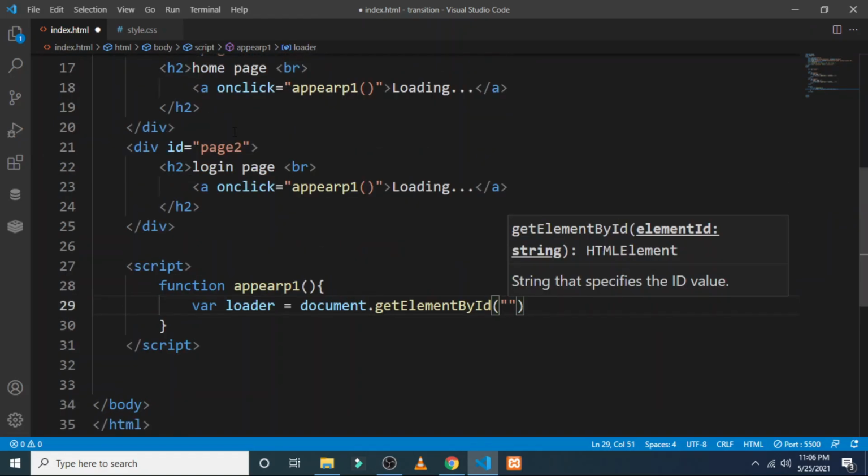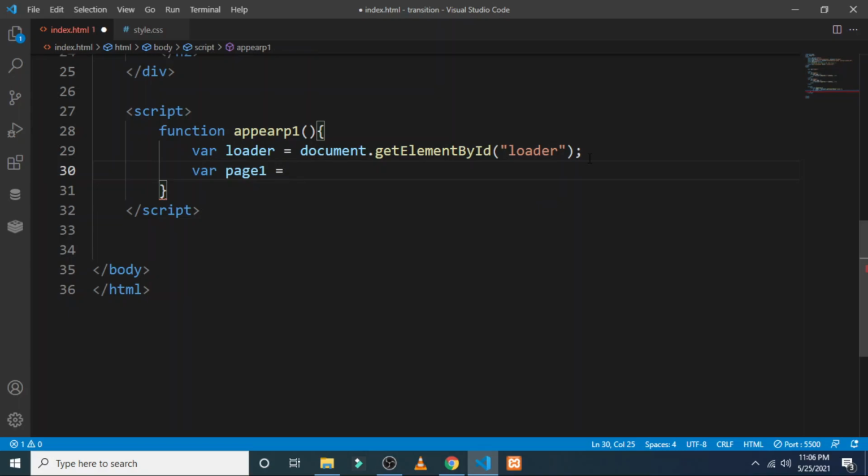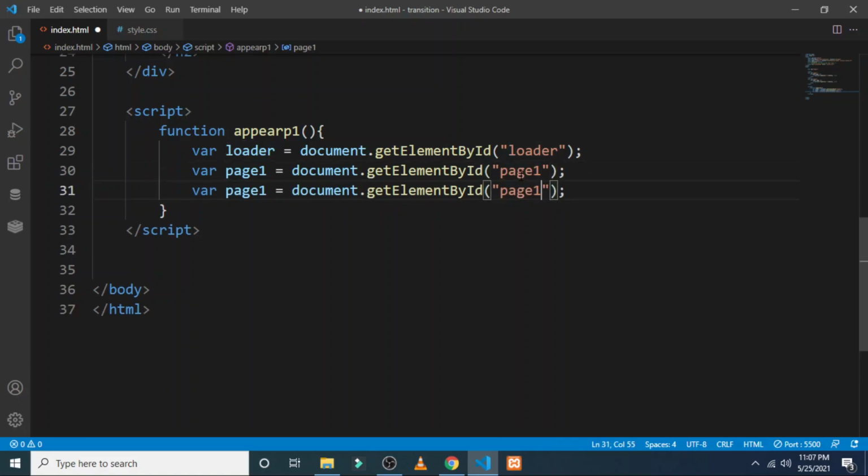Select the id; we have to select the loader section. So here loader, and then copy this, page 1 is equal to document.getElementById, page 1, and then page 2 in the same way, document.getElementById page 2.